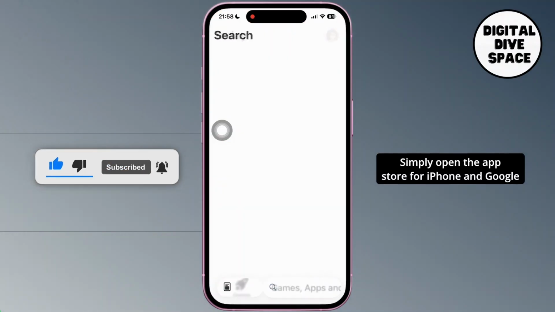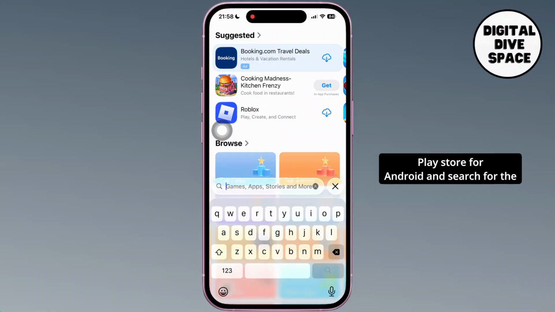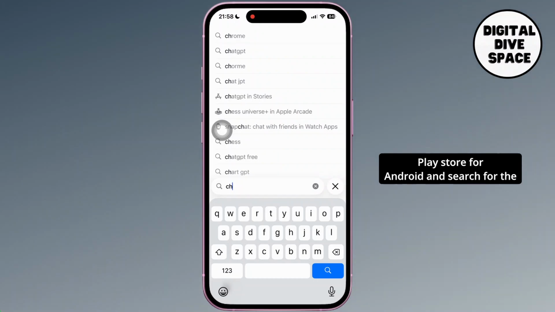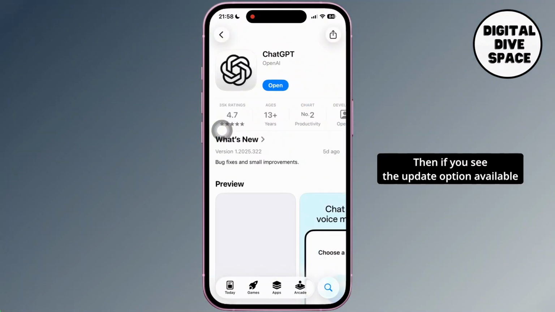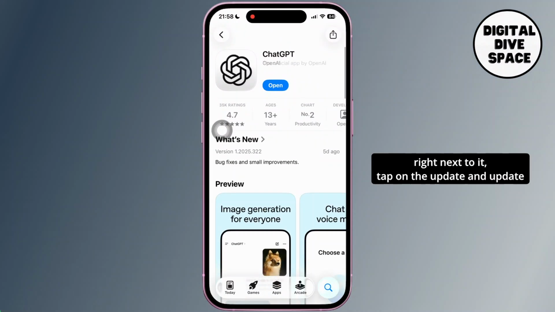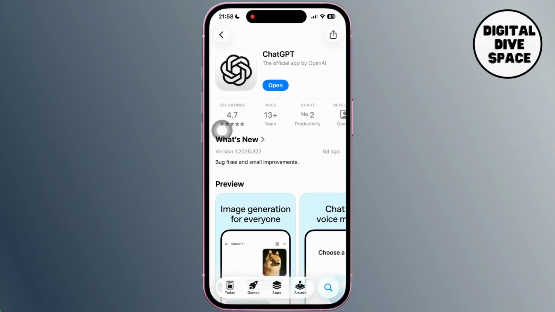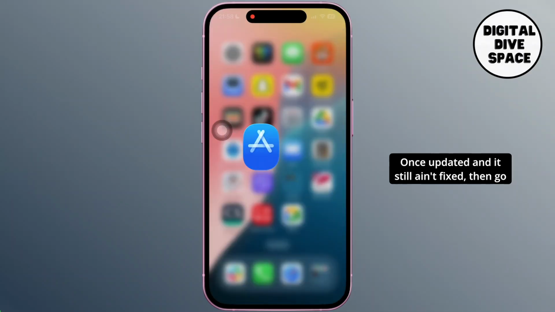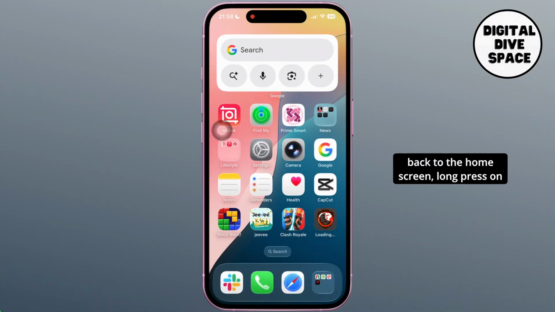Then simply open the App Store for iPhone and Google Play Store for Android and search for ChatGPT in there. If you see the update option available right next to it, tap on update and update it to the latest version. Once updated, if it still isn't fixed, then go back to the home screen, long press